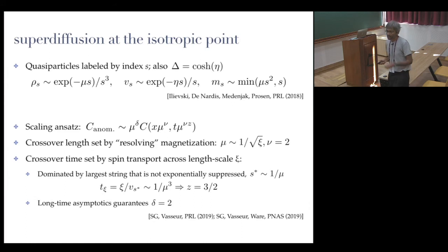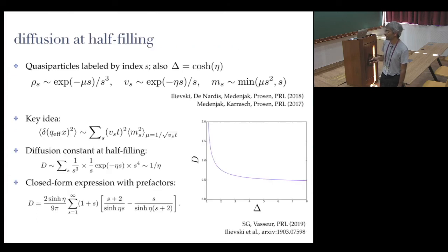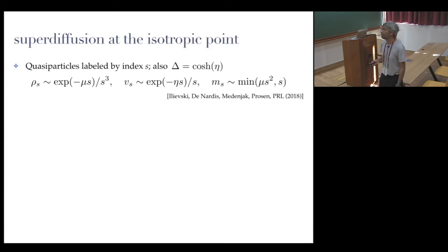Now you can ask, how long does it take to move spin across a distance, across a length scale c, in order to figure out what the dynamical exponent is? And to do that, you need to go back to the original formula in the previous slide and notice that you're dominated... you can cut this off with mu instead of eta, and you'll get 1 over mu here. You're dominated by the biggest